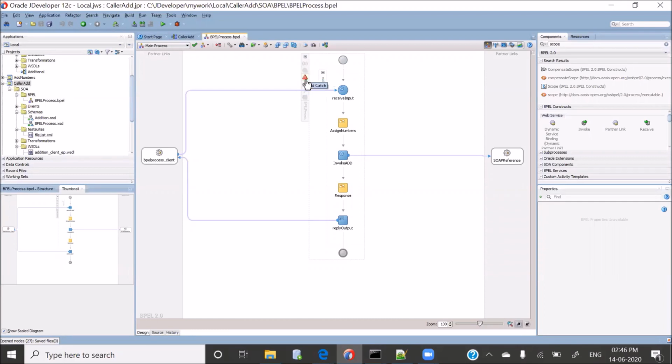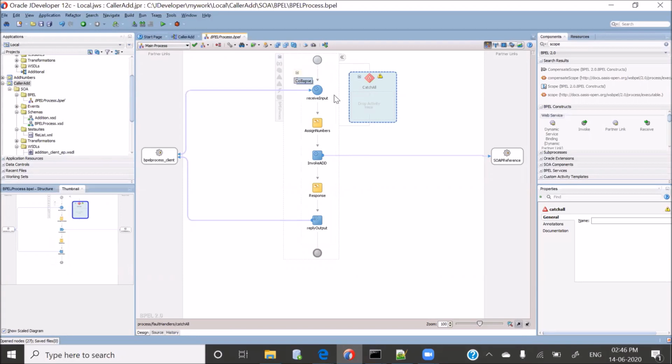Inside the catch block, you need to create a variable and define which fault you want to catch. But inside the catch all, every fault will come. Let's see one more thing. Inside this BPEL right now, we have a receive input, which is responsible for receiving the input, and then reply output. The same reply activity we can use anywhere. If you want to reply directly from some particular point in the BPEL, you do not want to go till here because some error occurred, right? So here itself, we will use the reply activity.